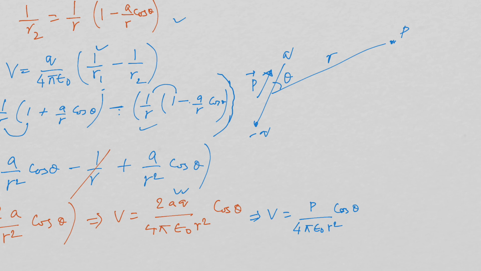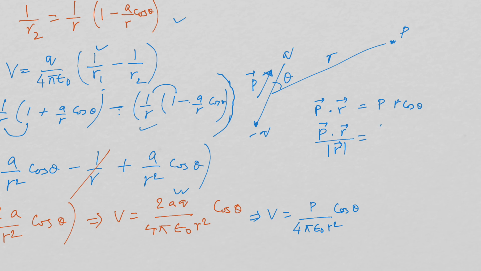So in this case we can say that p dot r is p r cos theta, okay, and if we divide it by the magnitude of r,